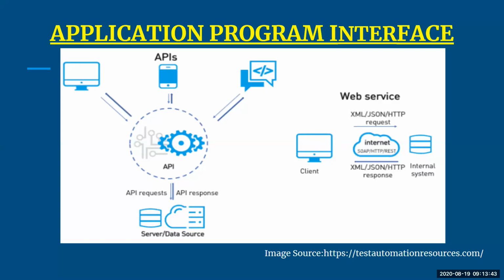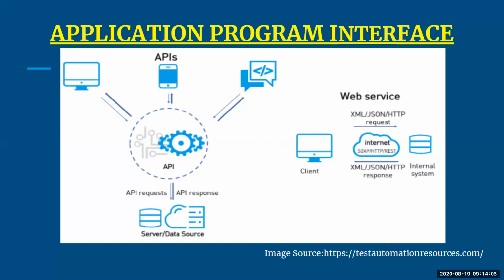Next important part: when we talk about APIs, there are online components like web service APIs, which help you do end-to-end communication. The web service APIs are SOAP, XML, JSON, HTTP, REST. These web services act as an intermediary between your client and your server, and they help you have end-to-end communication for whatever information you want to send.